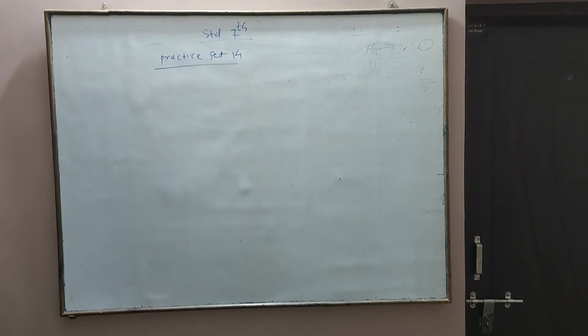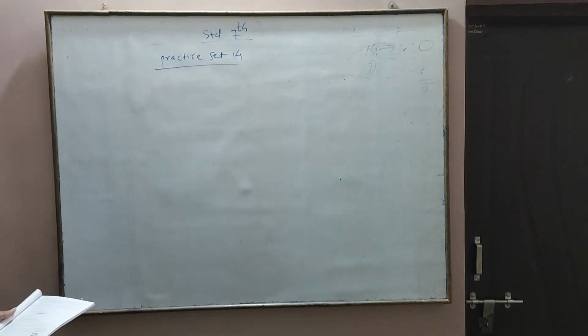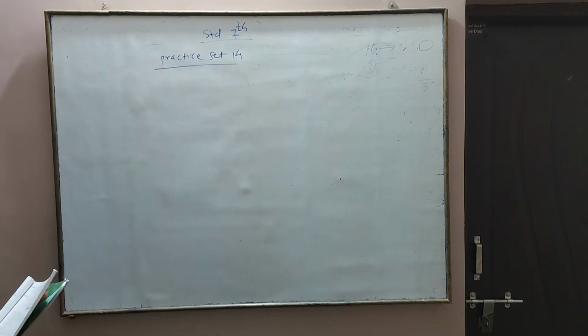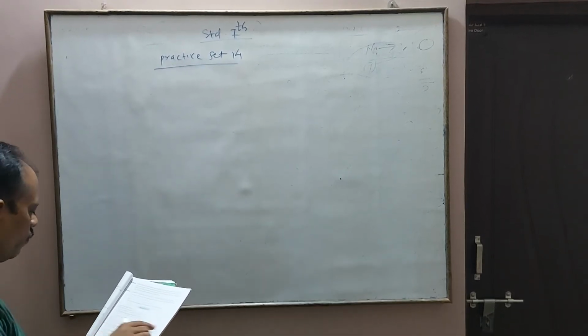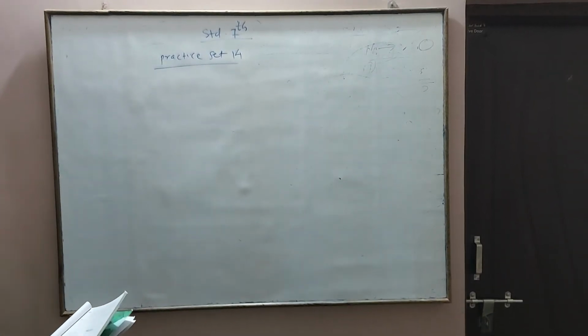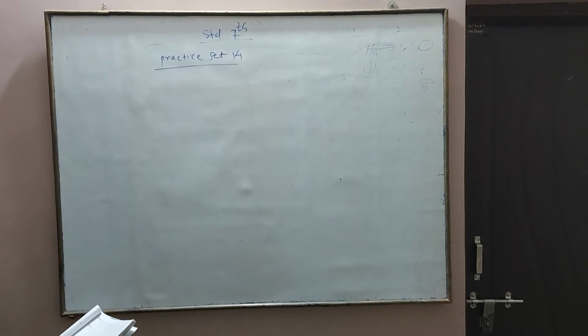Now we see practice set 14. Here you see question 1 is choose the right option. You have to find the SCF of 120 and 150, and you have to click or write the option. Okay, second is also the same. Question 2: find the SCF and LCM of 14 and 28. We have seen how to find the LCM and SCF. So question 3 you can also solve.